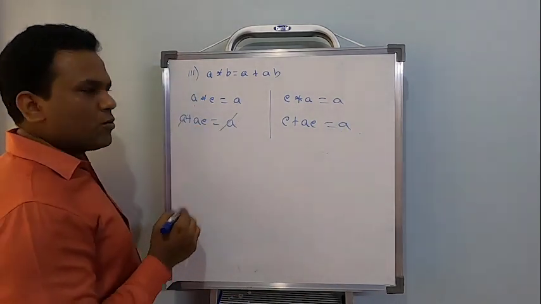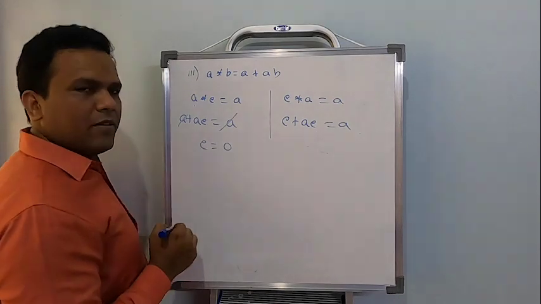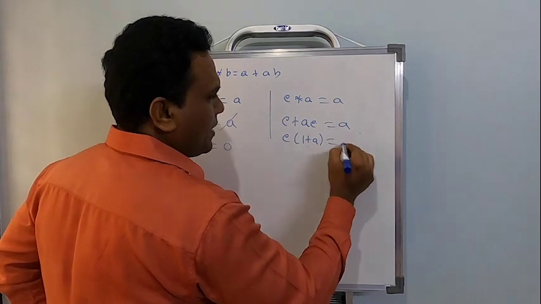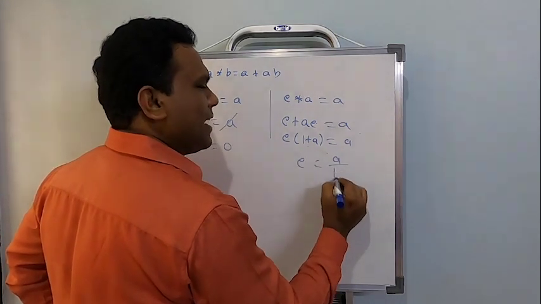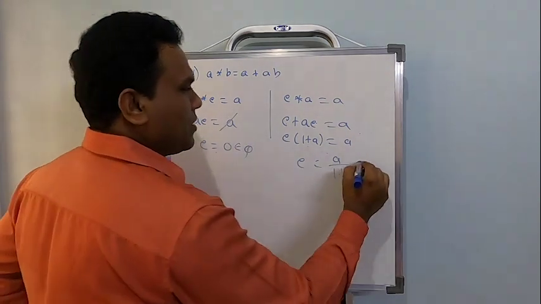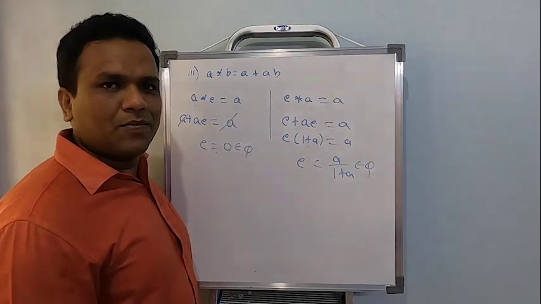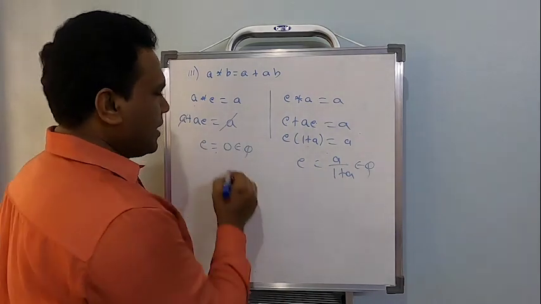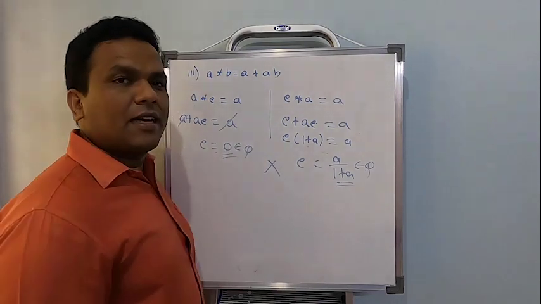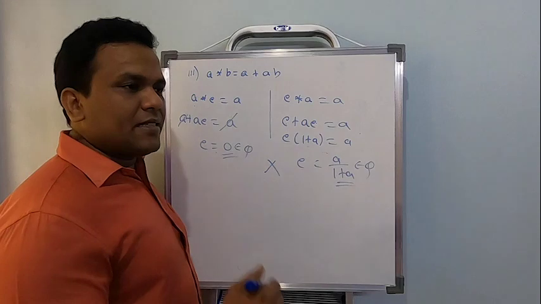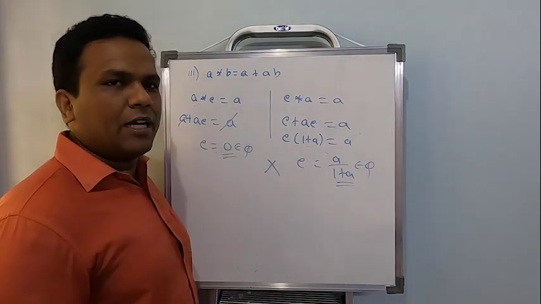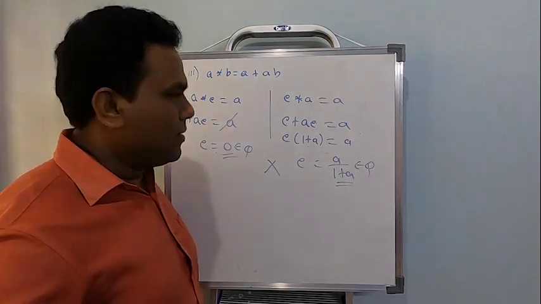Now a will be cancelled from both sides. So if you are finding e, the value will be equal to 0, right? And here you take e common, 1 plus a will be equal to a, or e is equal to a by 1 plus a. Yeah, I agree. This is also going to be rational. This is also going to be a rational. Okay, right. And now you notice there are two different identities actually. And that is nowhere possible. Hence there exists no identity element. If it exists, it has to be unique. Identity element for a given set is unique. Unique means only one element can act as the identity element.